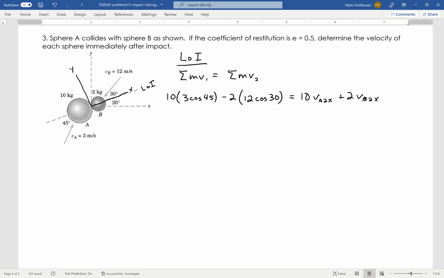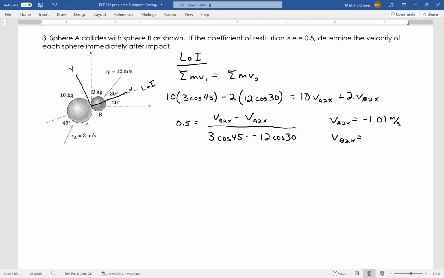Now, the other equation that I have along the line of impact is the coefficient of restitution, which is the 0.5 that I know, and that equals VB2x minus VA2x, right? The difference in the final velocities over the difference in the initial velocities. So that would be 3 cosine 45 minus a negative 12 cosine 30. Now, again, two equations, two unknowns. This is along the line of impact, and I can find the velocity of A afterwards along the line of impact is going to be negative 1.01 meters per second, and the velocity of B after collision along the line of impact to be